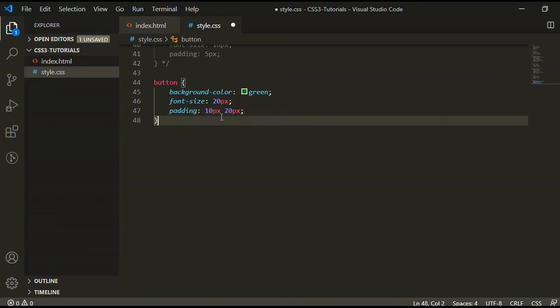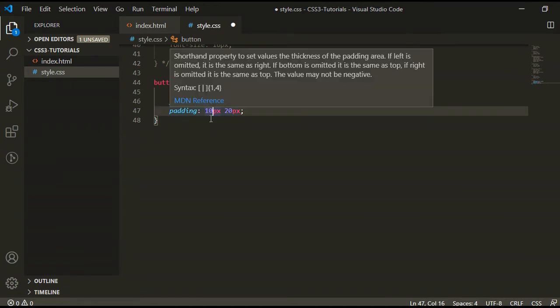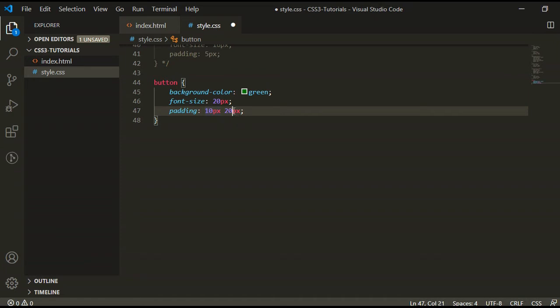This is the short form for the padding. The first value will apply to the top and bottom, and the second value will apply to the left and right padding.